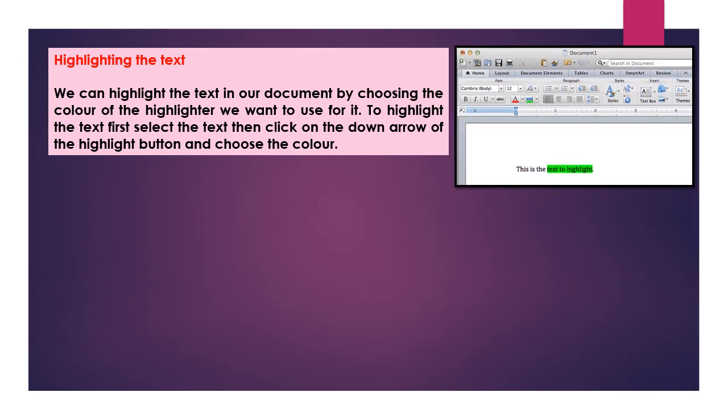You can see in the image, this is the text to highlight. Text to highlight is being highlighted with a green color, fluorescent green color. This is the way you can highlight your text.